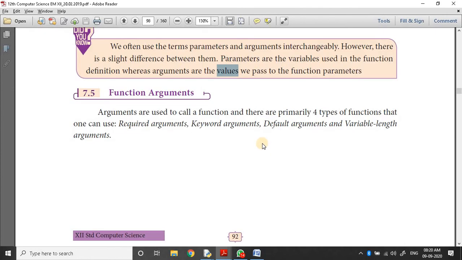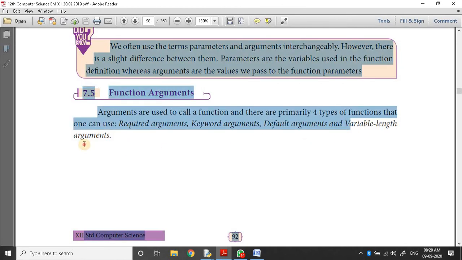Then we are going for function arguments, which have 4 types. If a function is defined without arguments, there is no type classification, but with one or more arguments, there are 4 types of arguments we can pass. What are those? Required arguments, keyword arguments, default arguments, and variable length arguments.